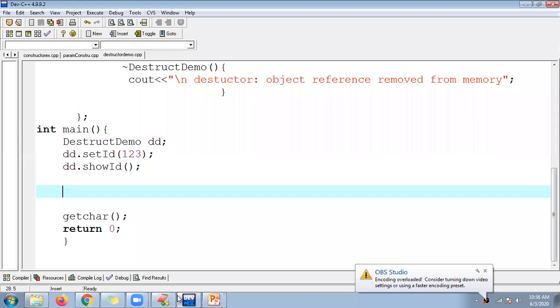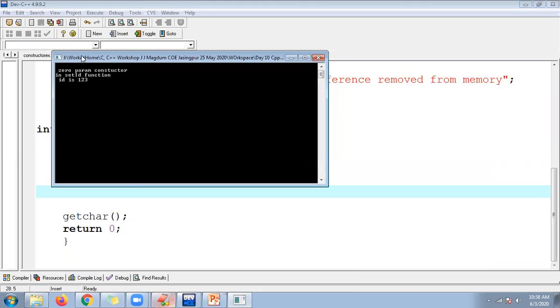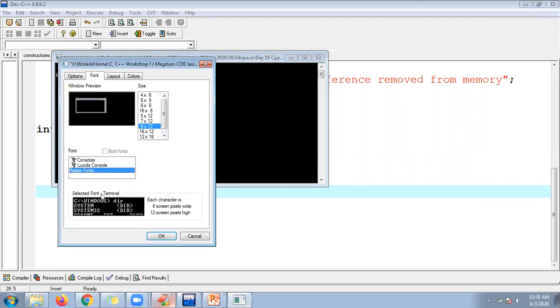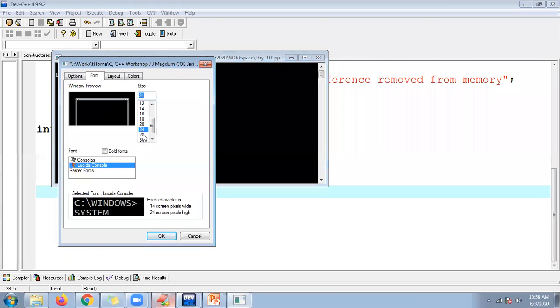How can I show that? I need to pause for a second. So Control S, Control F9, and it will be deleted. I will take the help of print screen.